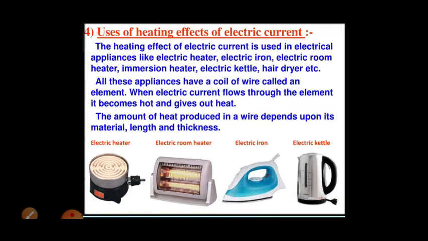We use two materials, 80% nickel and 20% chromium, mixed together to make a component known as nichrome. This nichrome is very much used in all these appliances, like electric heater, electric room heater, iron, kettle, geyser.